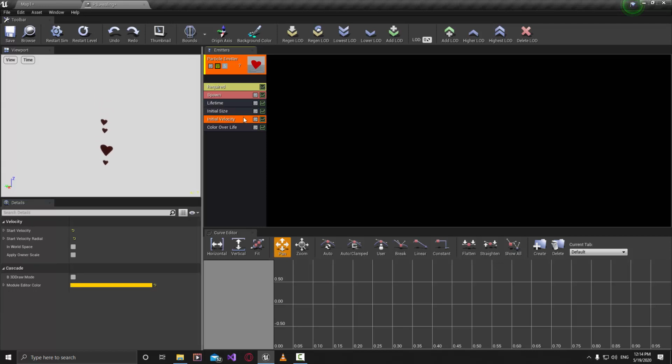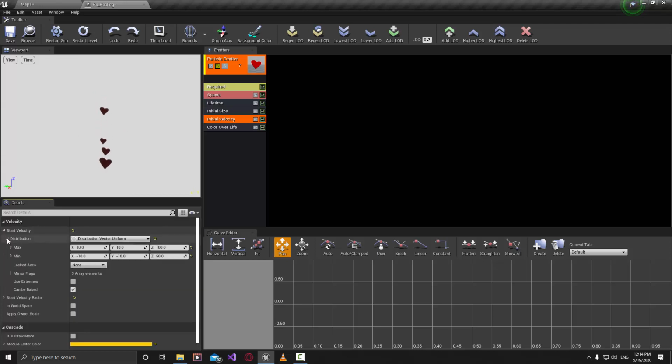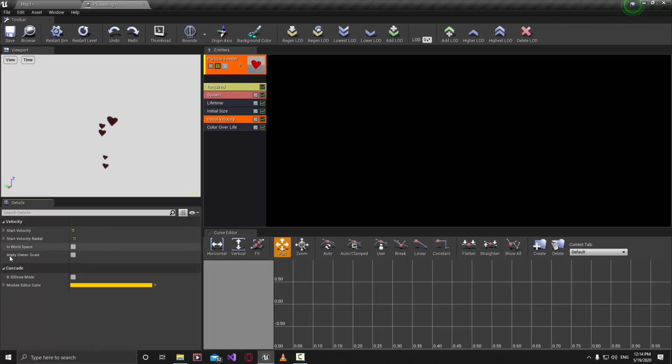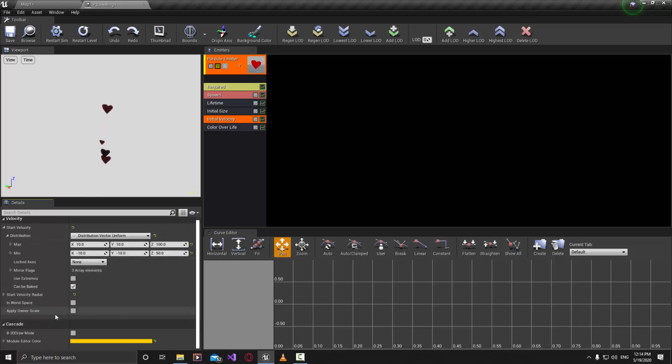And then go to the initial velocity. This velocity indicates the speed of the particle systems. So go to the start velocity, go to the distribution, and you can see that in all of the things in here, we've got lots of other things that we are not gonna bother with. There are some advanced things that I do not want to talk about, but feel free to check everything out. And how do we want to change that velocity? I think some of them right now, let me make them faster. Make it 20 by 20,